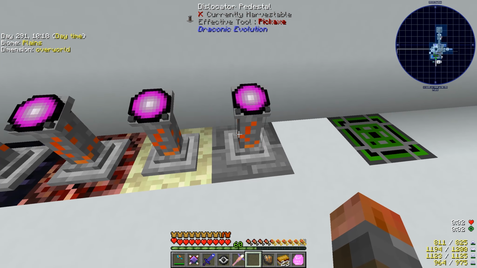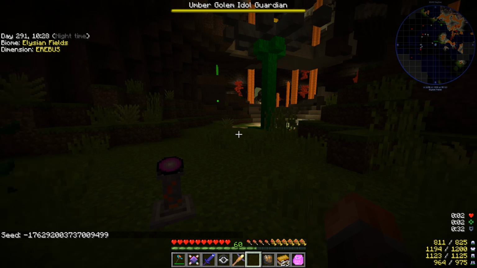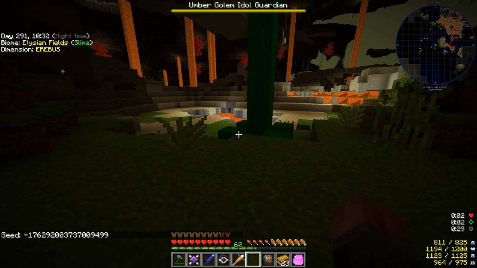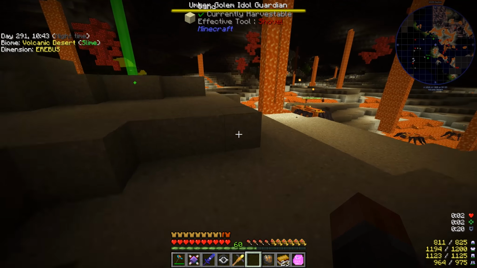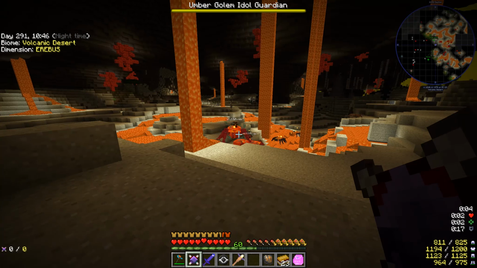And our seed, just to remind you, is right next to a volcanic desert. And the really good advantage of that is you're right next to what looks, at the top of the screen, like the Umber Golem Idol Guardian, which is harder to say than you might think. However, what we also have here, aside from lava spiders, which is a bad idea in total, is a pyramid,